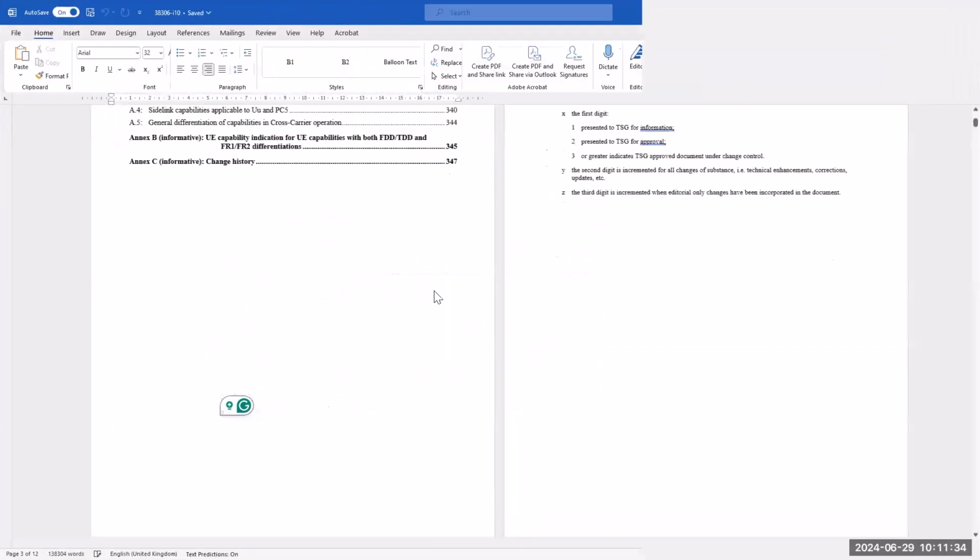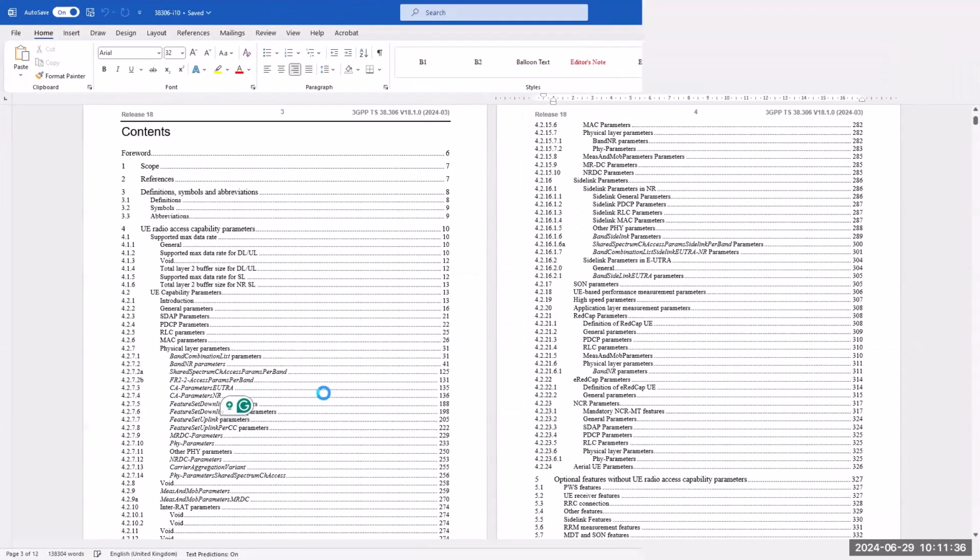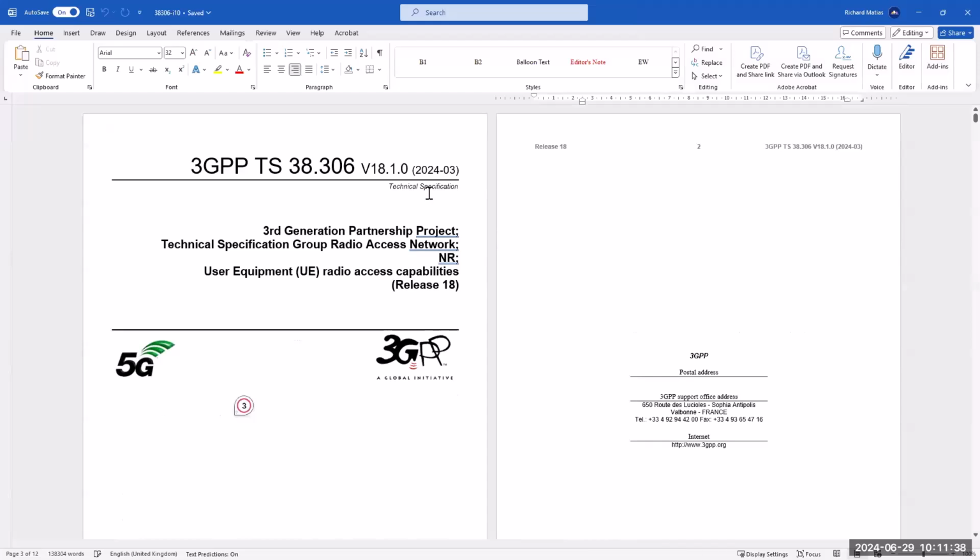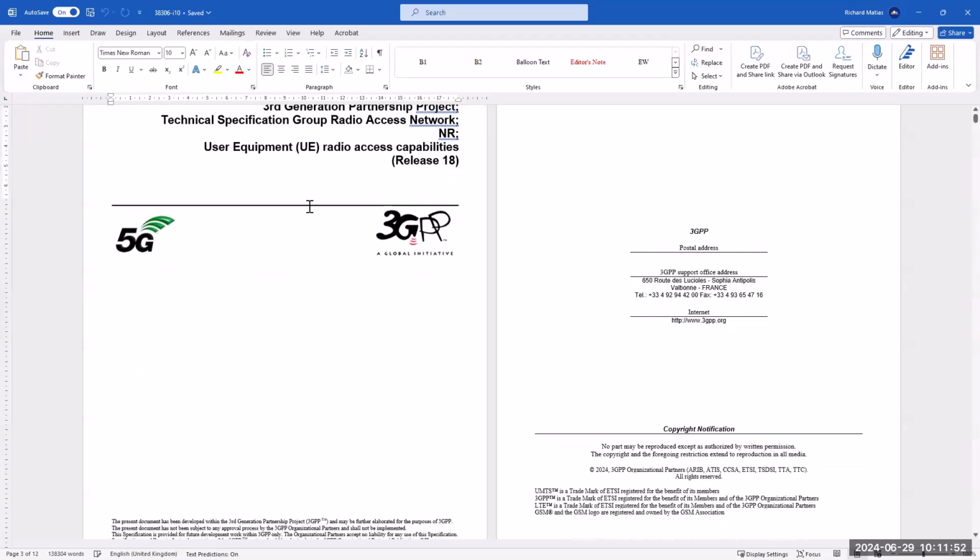Ayan, ito. So this is the technical specification. So you can download the latest one, no? So that is March 2024. So take note of this technical specification 38.306. So for those people who would like to dig more about the specifications of the 3GPP, this is the user equipment radio access capabilities under Release 18. Release 18 is what we so-called the 5G Advanced.